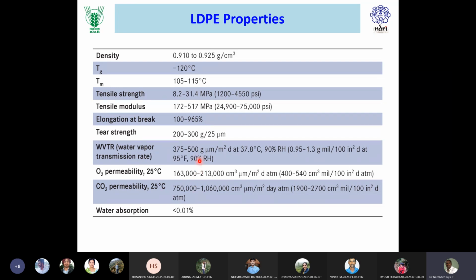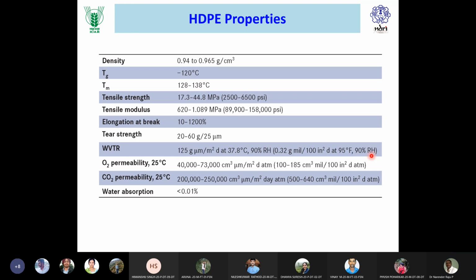So the other properties are given here for your self-learning at a later stage. Now, this MIL, in the practical class we will come to know what are the different units of thickness. MIL is a unit of thickness similar to inch, micron, and also gauge. So we'll learn about the units at a later class. These are the properties of high density polyethylene, and you can have a glance. Even it is also having very high elongation percent.